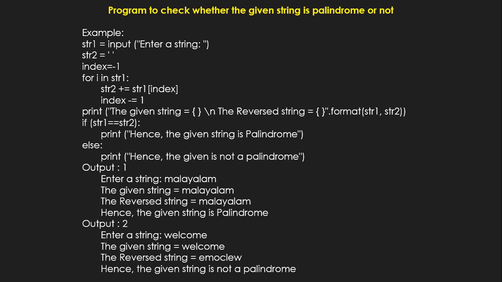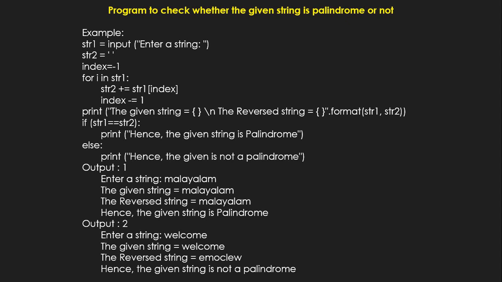Now look at that example. I've given input the string, str2 is equal to blank, right? Index is equal to -1. For I in str1, remove the first character, and then from the first character you store it in str2 in the reverse order. So one by one each character is removed from the end. If we input the string Malayalam, the last character M is taken out first, then A is taken out, then L is taken out. Each of these characters are removed from the end, from the last, and added up in string str2.